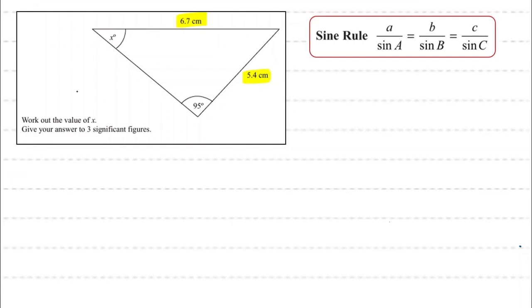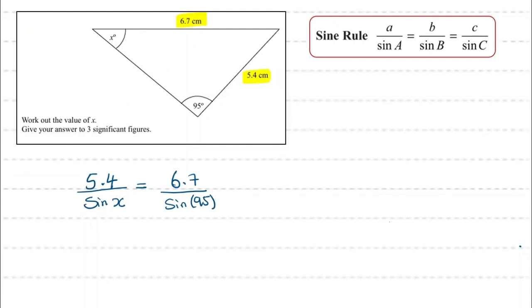We write the sine rule by looking at the formula. The formula tells us that you write the side on the numerator. So we write the side 5.4, which is opposite the angle x, on top of the fraction. And we write it over sine of its opposite angle, which is x, equals the side 6.7 over sine of its opposite angle, which is